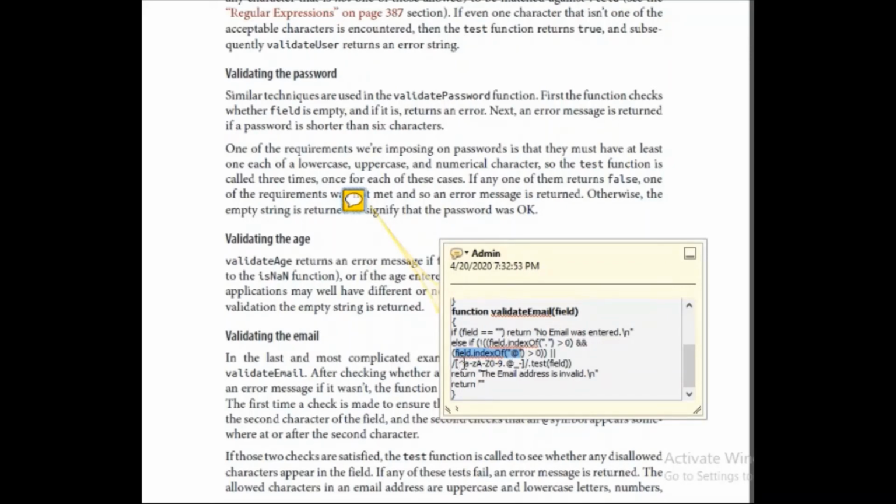And next, same test field: small a to z, capital A to Z can be a part of email, 0 to 9 can be a part of email, @, underscore, dash and dot can be a part of email address. If anything apart from that is entered, a question mark, a slash and so on, it will give an error. So remember, index of basically returns the index of whatever is entered here, right? So you can know where this particular character is inside a string. So that's it. We are now going to implement this, and I'm going to show the output of all this.